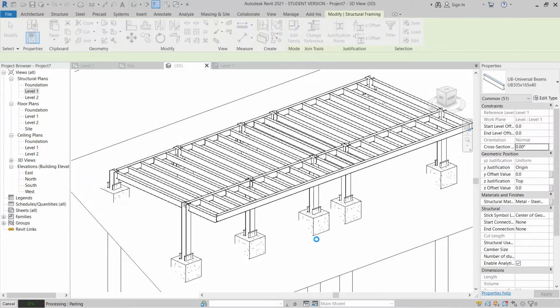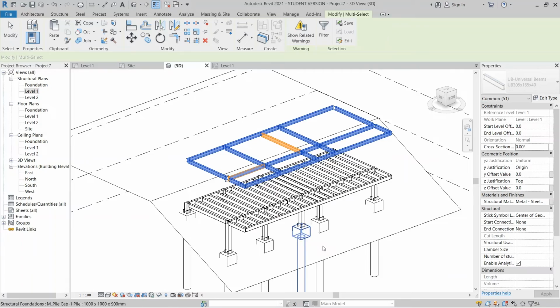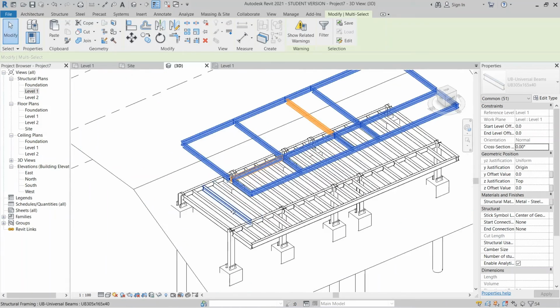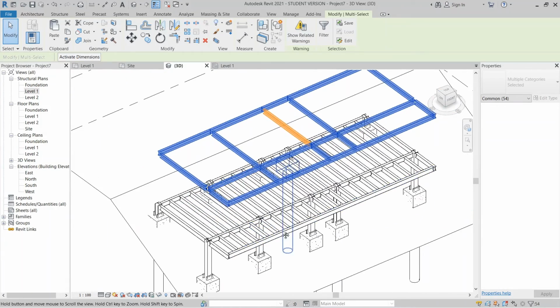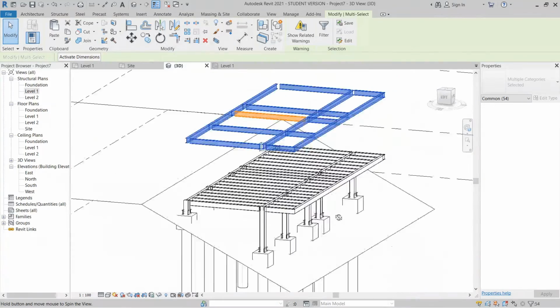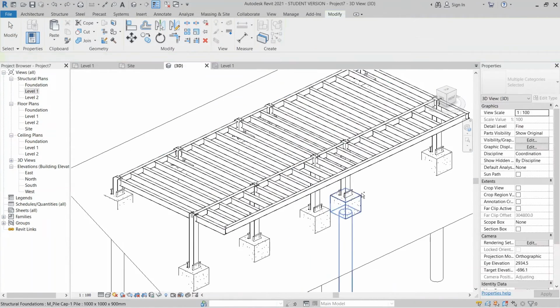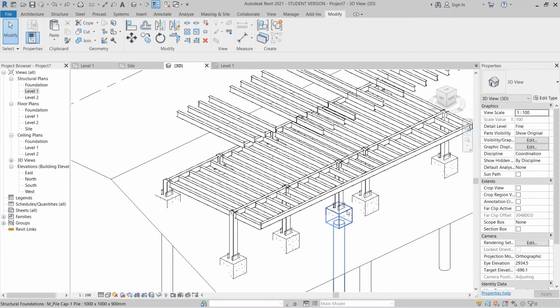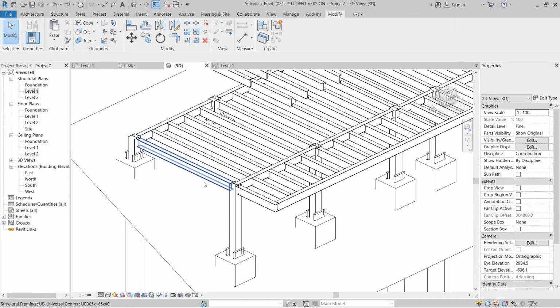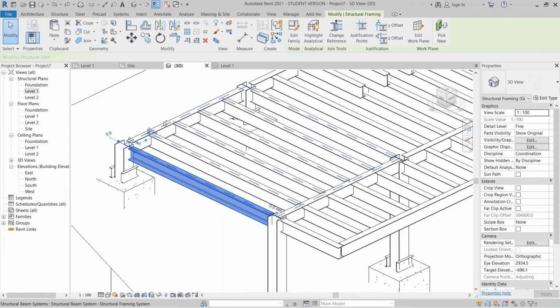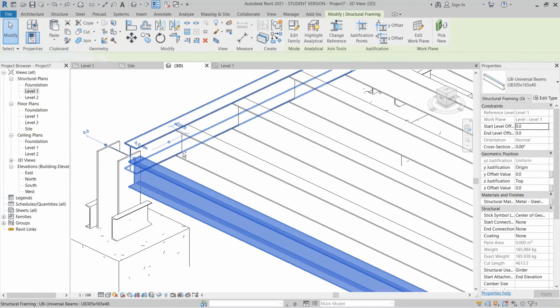Okay, file is generating. As you can see, our beam system is not going up. It's very hard for us. That's why we need to use our previous method. So I want to undo a few seconds first. Okay, so now I want to add this one. I might need to select one by one.